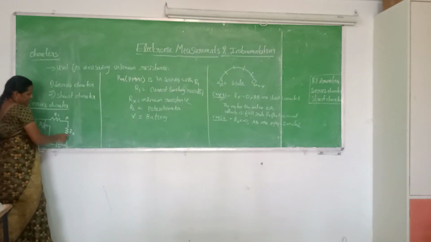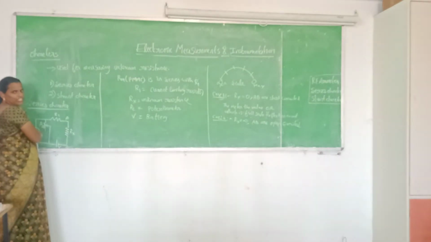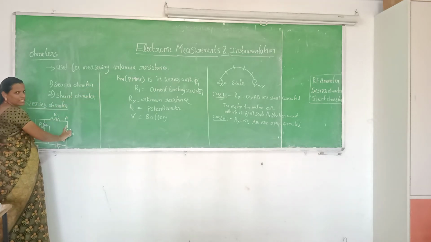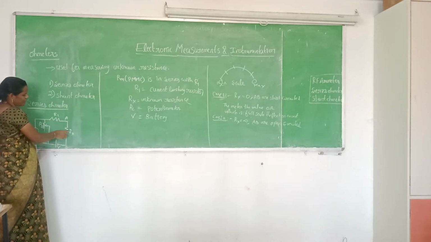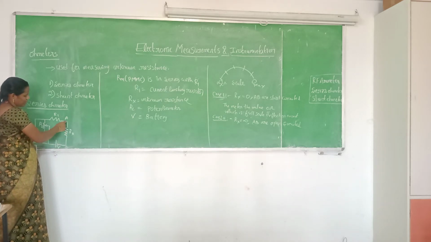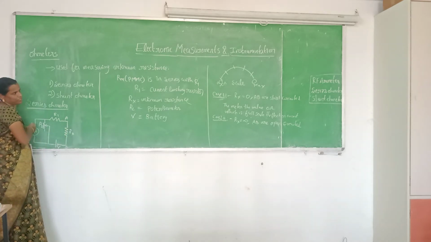Now in the first case we have seen that Rx equals 0, then the maximum current flows through the meter, so the maximum deflection is 0. Now AB is open as Rx equals infinity. In the first case we have taken Rx as 0, so current flows to the circuit. If Rx is infinity, meaning it has a higher value, then low current flows to the circuit.